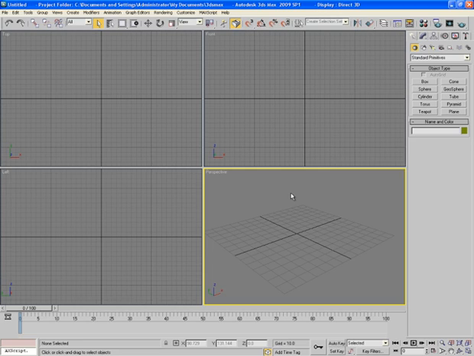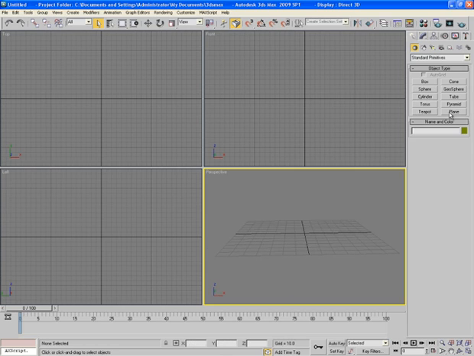Depth of field makes the scene more realistic, and it's very essential to give depth of field effect in your scene if you want to have real feelings. So we will start with some basic concept of depth of field and then move to some advanced techniques in 3ds Max and After Effects.